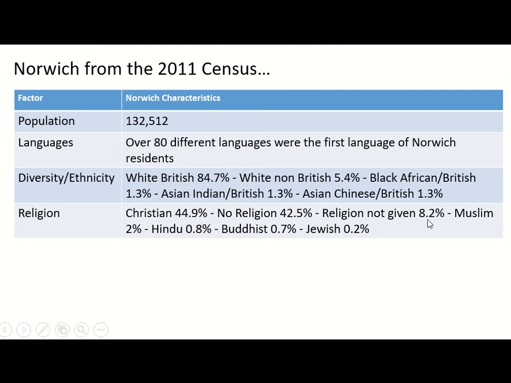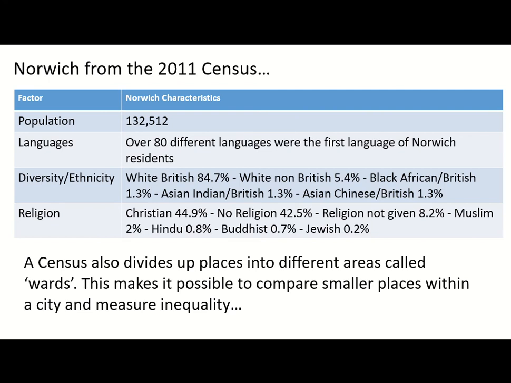8.2% didn't specify a religion, and then you've got smaller proportions of people that follow the Muslim faith, Hinduism, Buddhism, Judaism, etc. So Norwich is not hugely diverse and is the least religious city in the UK, but it still has diversity, and we just need to be aware of that. The other thing that a census does, rather than just specifying Norwich in general, is it will